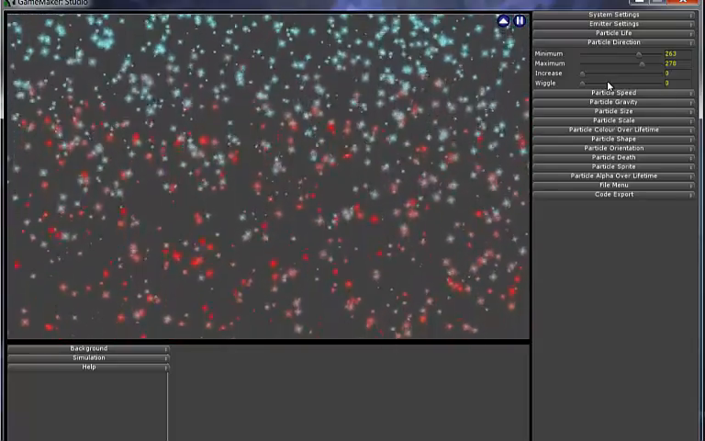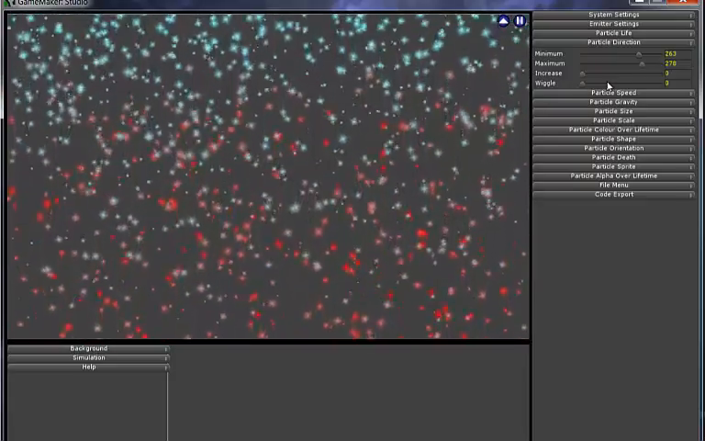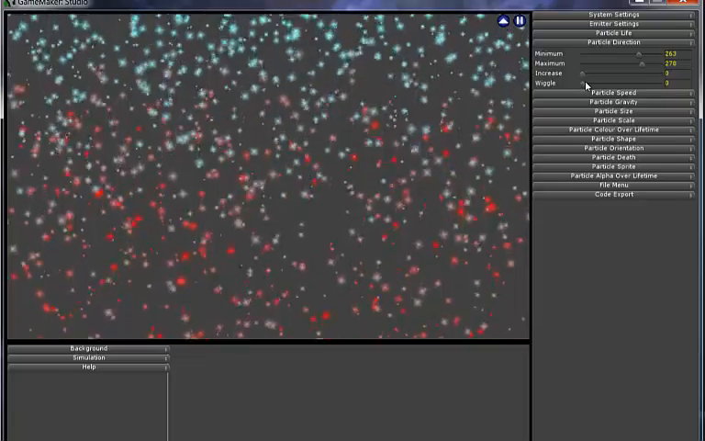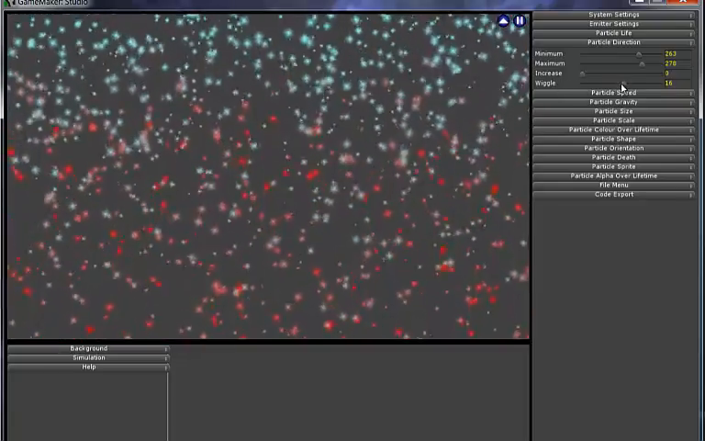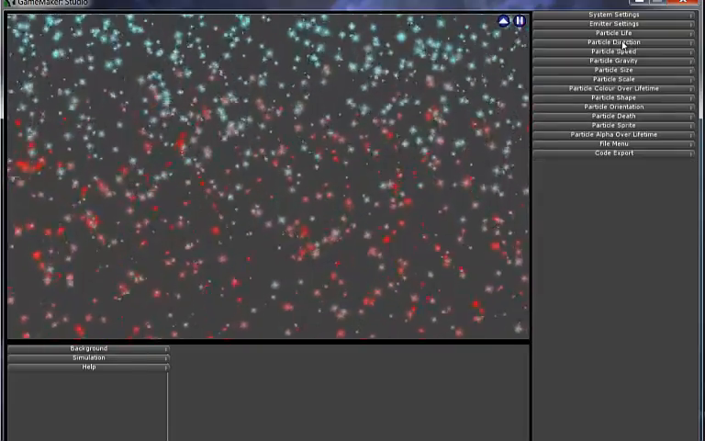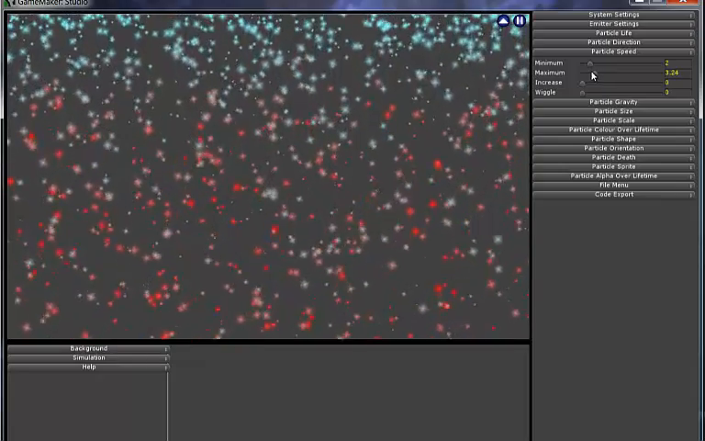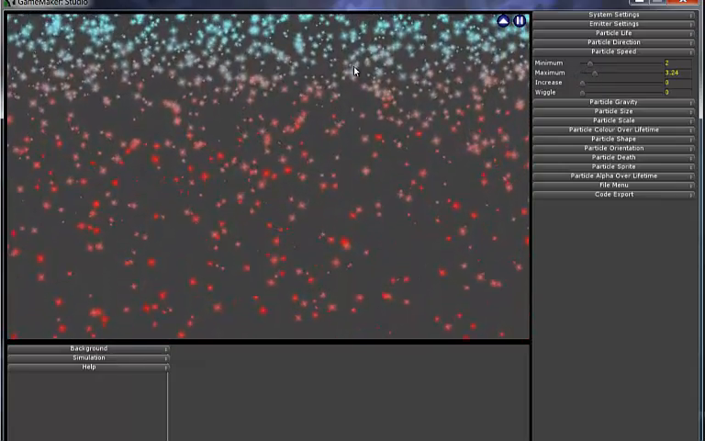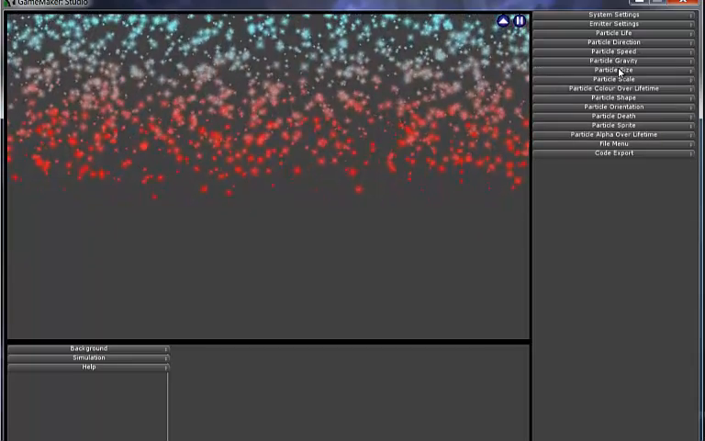I'm going to wiggle the particles as well. Now what this basically means is the direction will change by a certain number of degrees at random wiggle intervals. So if we put the wiggle up, you'll see straight away the particles start waving as they come down. I'm going to change the speed so they don't come down quite so quickly. There you are, we've got a nice slow fall now,